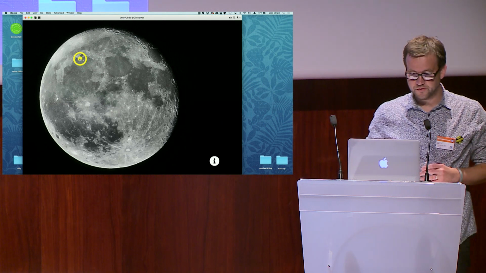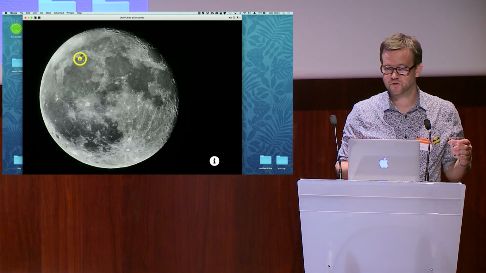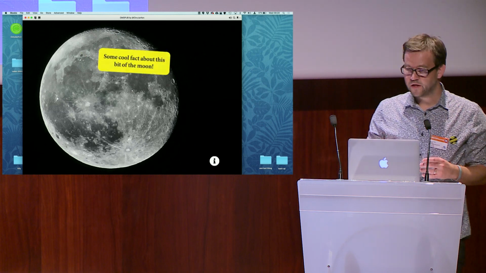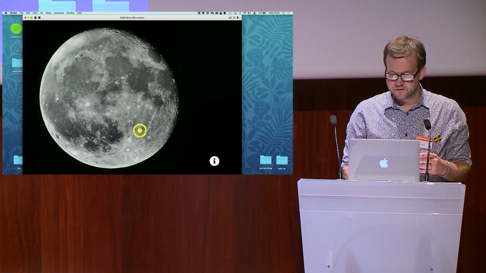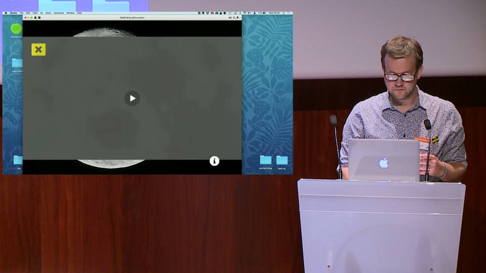This one is about buttons. So guiding the student or the reader to a part of the page, and then encouraging them to interact. And if I tap here, I can invoke